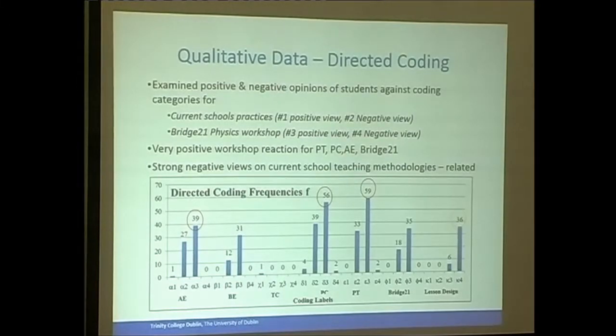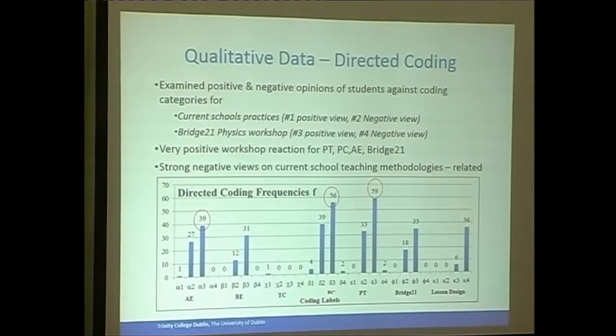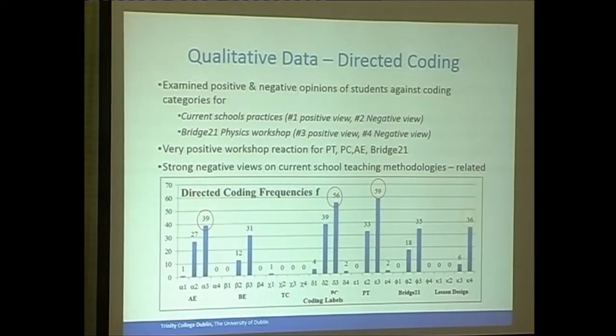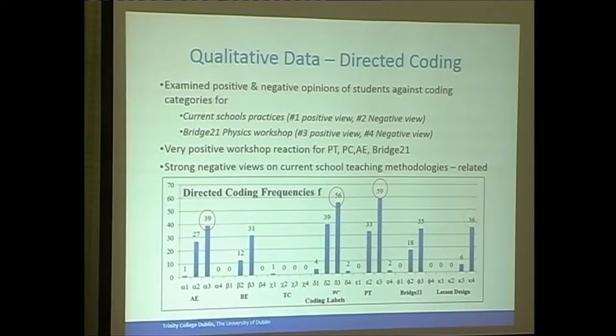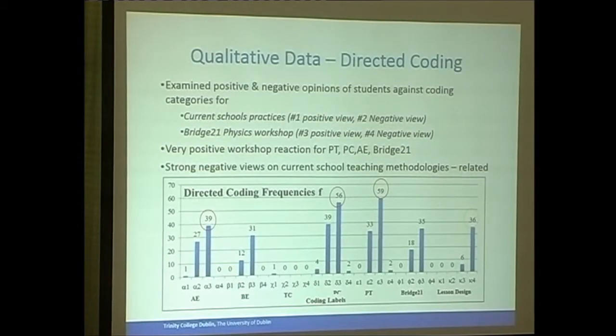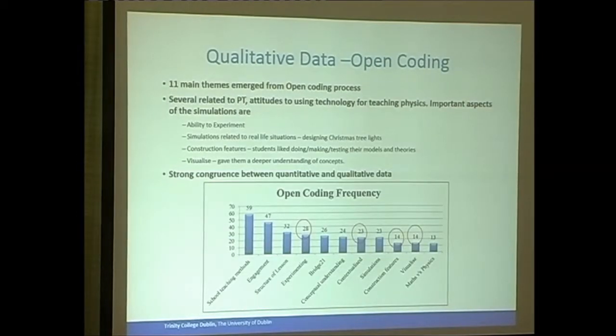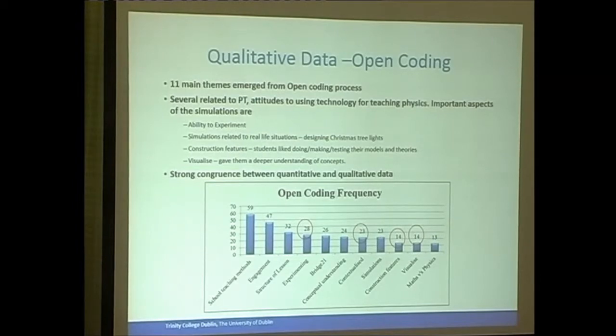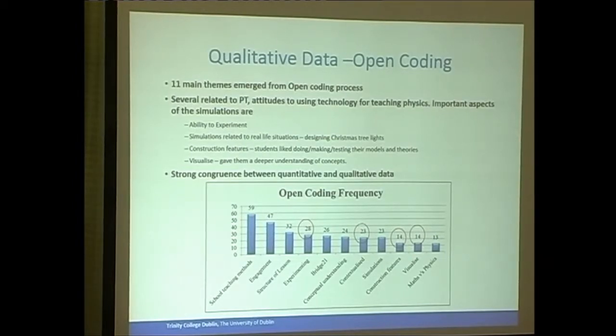At the post-test, we were then looking at their experience of Bridge 21. And again, the first column there, the high one at 39, is the positive in the Bridge 21 experience. And the one that's marked as 0, being very low, is their negative experience in terms of Bridge 21. And what we see there is their Bridge 21 experiences are very different to their school experience. And the qualitative data very much backs that up. The interviews and things that the students are actually telling us very much back that up.